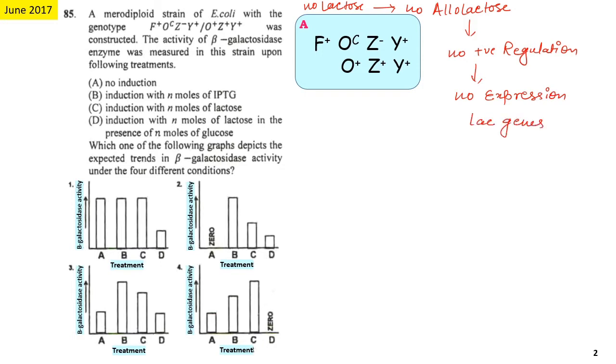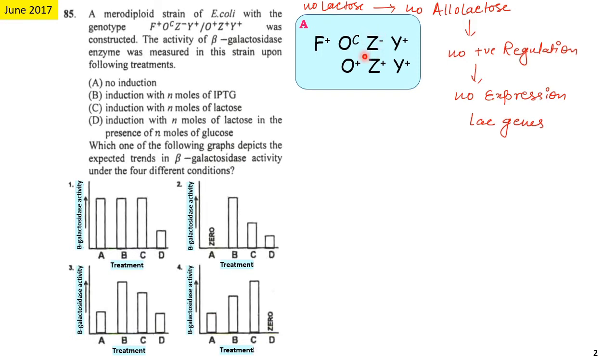Okay. So here we can see that there are two operons. In the first operon, the operator is a constitutive operator, and the genes that it controls will be constitutively expressed. But here this beta galactosidase gene is mutated. So under no condition is this gene going to produce any active product, and the gene of interest is beta galactosidase, and this gene is itself mutated. Now under all these four experimental conditions, it won't be able to produce any active product. In all the four experimental conditions, we will ignore this first operon because this operon is of no use. It has the beta galactosidase gene in mutated condition.